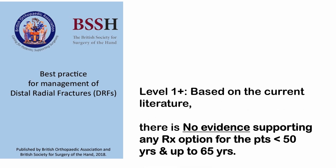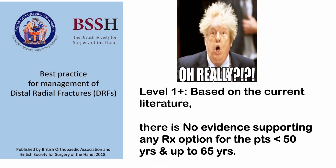orthopedician. Now, in order to clear certain things, the British Orthopaedic Association and the British Society for Surgery of the Hand collaborated to commission a committee to produce the best practice guidelines on the management of distal radial fractures. So they published this book in 2018, which was taking into consideration all the literature that was published all around the world, and they came to this thing. They gave a recommendation that